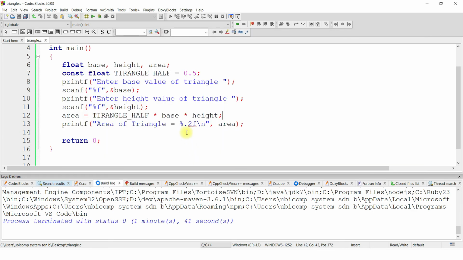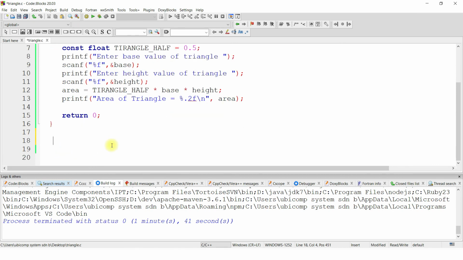And we already know that .2f means based on the third decimal number, the second number will be rounded. Let's say for example, the area of the triangle is this value. As we gave .2f here, this is the third number. As it is 5 or above 5, we will get the result as 78.63. If suppose the result of the area is this one, as it is below 5, the second number will not be rounded. It means we will get it like this only.